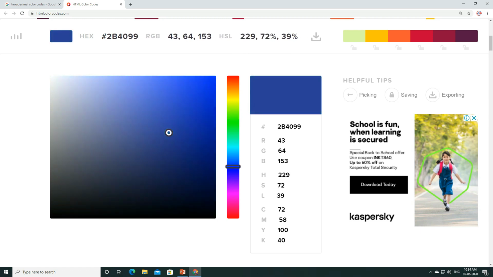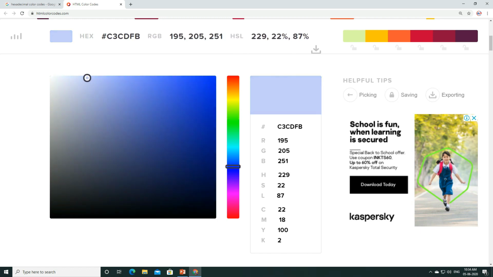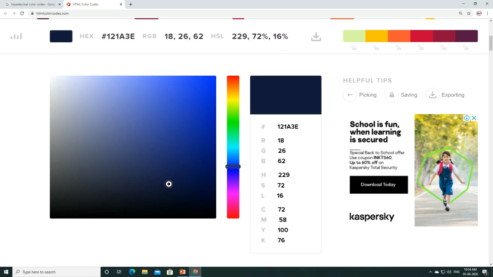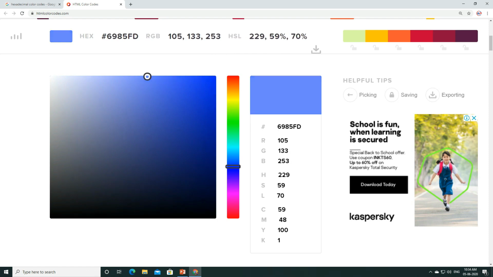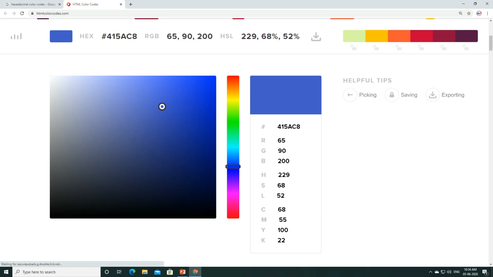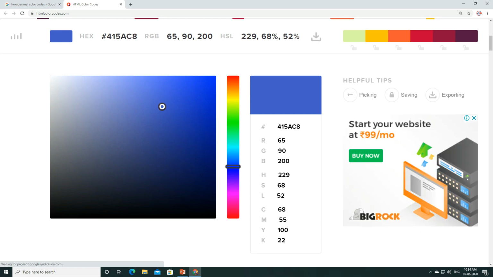If I take it to blue color, here you will find again, starting from light blue color to dark blue color, more than hundreds and thousands of blue colors, isn't it? So it is not possible for us to name each and every blue color with English alphabets, or to give a name to each and every color. It's not possible. Basically we have some primary colors and we can hardly name some of the colors.